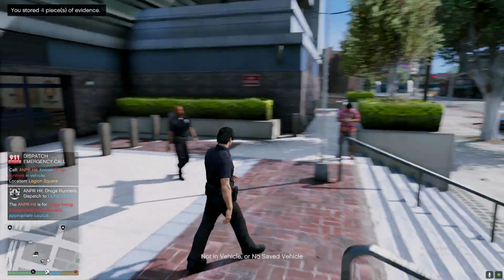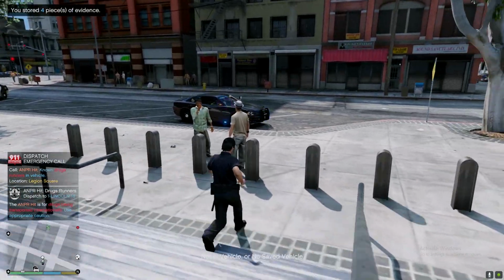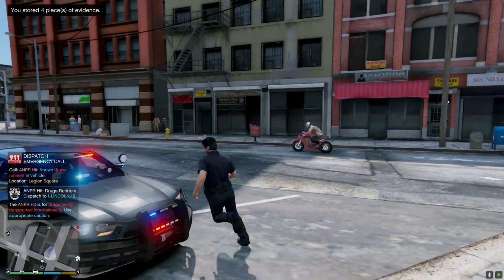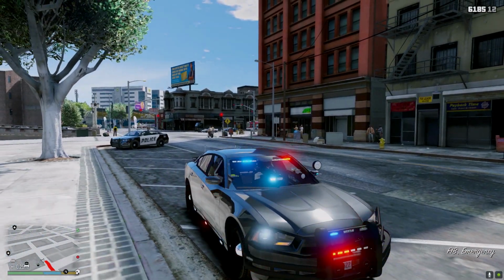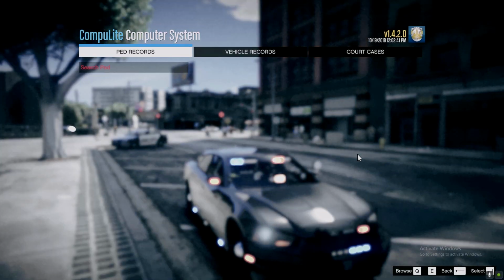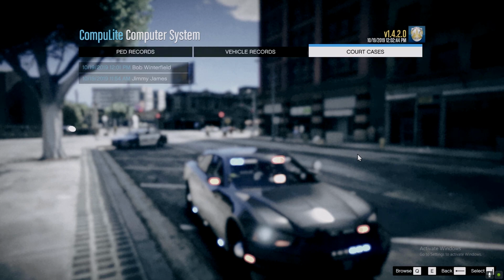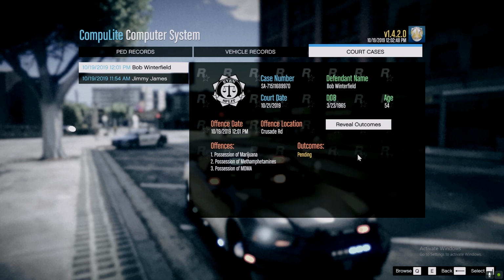So let's go ahead, and I accidentally accepted that call pressing Y. So let's go ahead and go back to the vehicle and check the court cases. Go ahead, go to court case. Go to Bob Winterfield. And let's go and reveal the outcome. See, we tested for MDMA, and he got fined $5,000, granted probation, and we tested for meth,